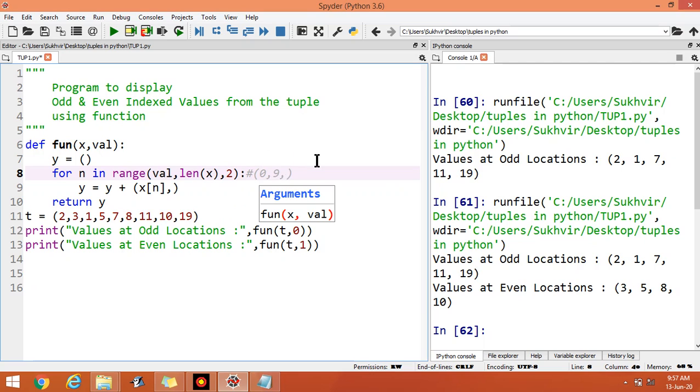And what about this value? It's 2. What is the meaning of this? 0, 2. It means the value at odd location can be printed out. Location first, then location third, then location 5th, 7th and 9th, like this. You can display the element like this.